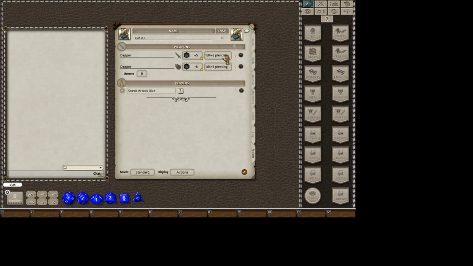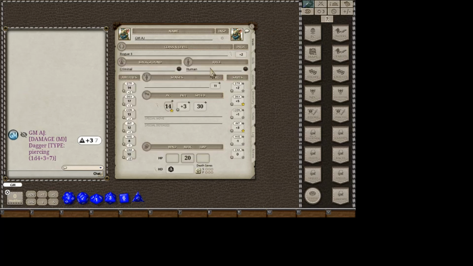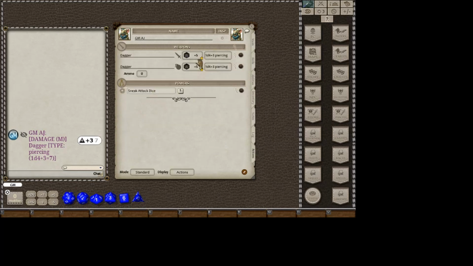Now you'll see that I have a dagger here. My dagger does 1d4 plus 3 piercing because I'm a brute. Actually, because I've got a decent dexterity. But when I double click the damage roll here, it does 1d4 plus 3, so there's a maximum roll of 7 there. But if I am in a position to get sneak attack damage, I would simply click